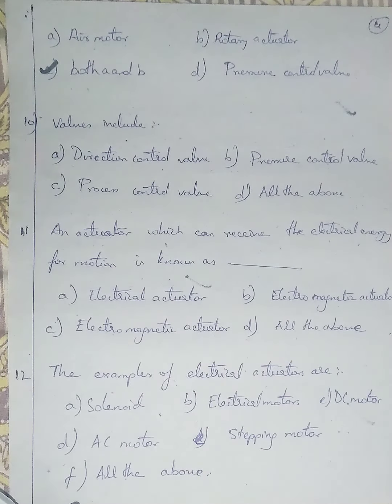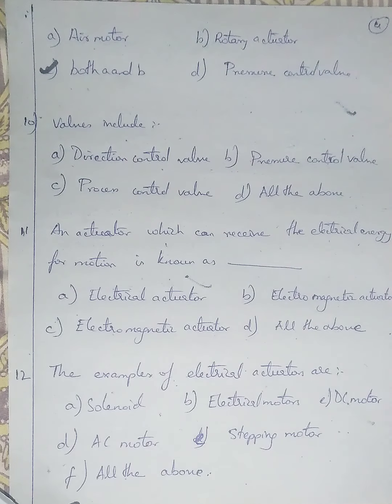Also there will be a pressure control valve. We will be setting some pressure value. Above that pressure value only the process takes place. Below that pressure the process does not take place. If I am setting it to 230 kilopascal or 5 bar, till the pressure reaches 5 bar, the mechanism won't take place. Only when the pressure of the fluid inside the cylinder reaches 5 bar does the mechanism take place.